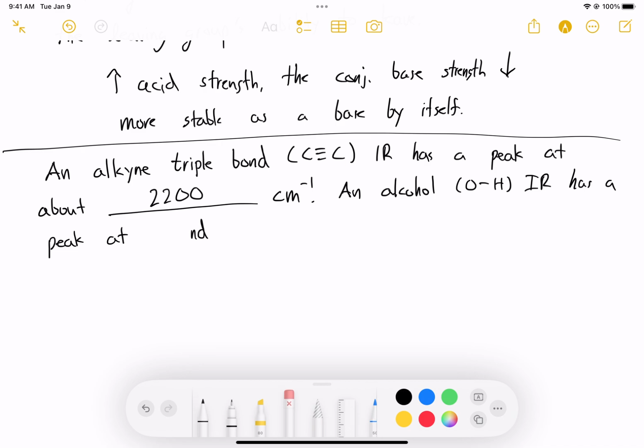Or we could just say about, in this case, just to keep it consistent. Again, you'll be given a list of options here, and you'll have to specify. So we don't strictly ask you to memorize it. We just ask you to predict, is it this one, or is it this direction, or this direction, etc. So 3300. But when assigning the IR spectrum, you will have to be able to identify the peaks. Okay, centimeters, and this peak,